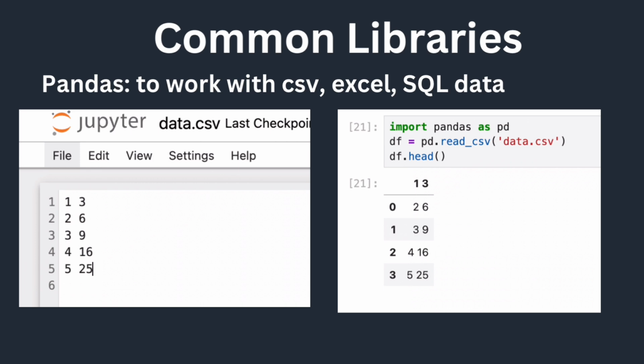So when to use Pandas? When we need to clean, filter and analyze datasets, and it can handle various data formats like CSV, Excel files and SQL databases. In this code, I have loaded a CSV file using read_csv, and using head, I have just listed the first few rows from the CSV. So the conclusion here is overall Pandas is essential for anyone working with data in Python,